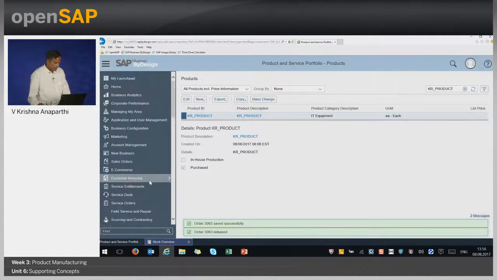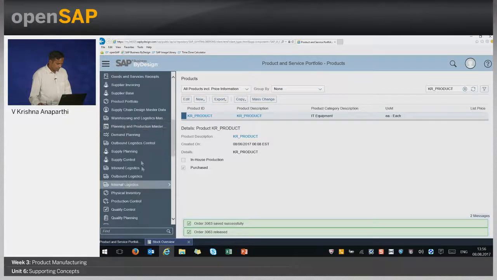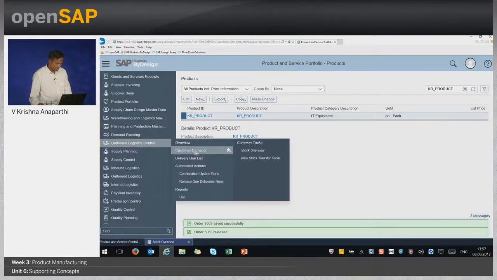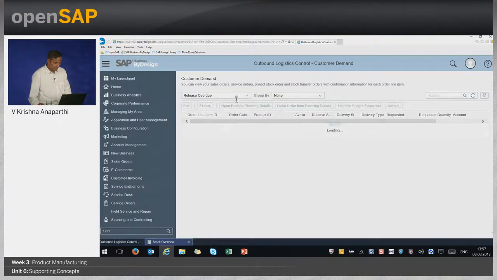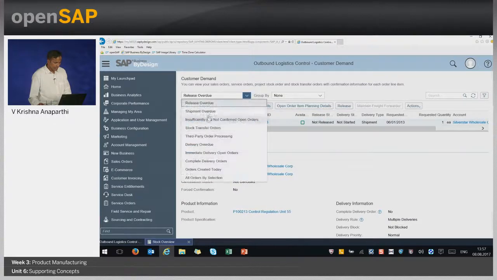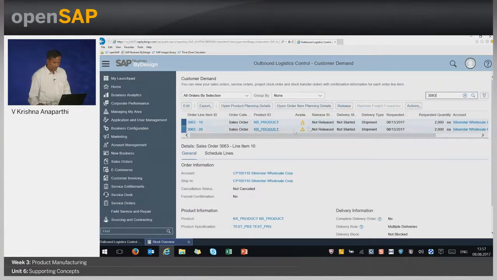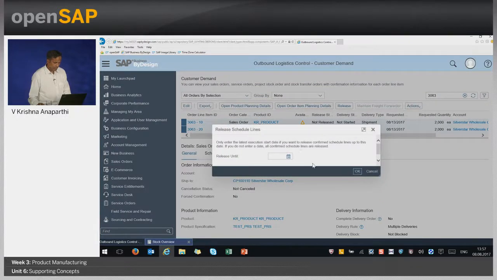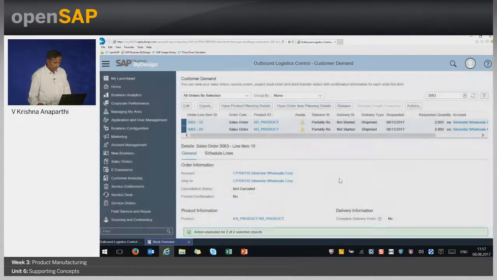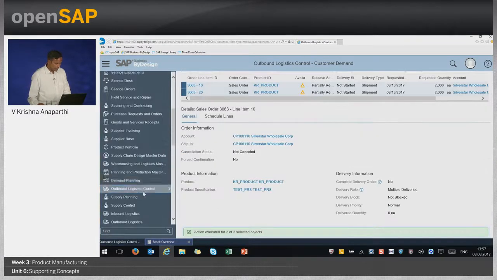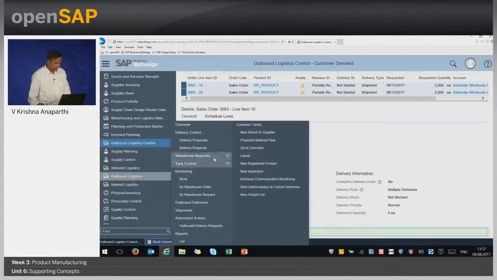I will go and release my customer demand, and once I release the customer demand, I will then navigate to the delivery process.